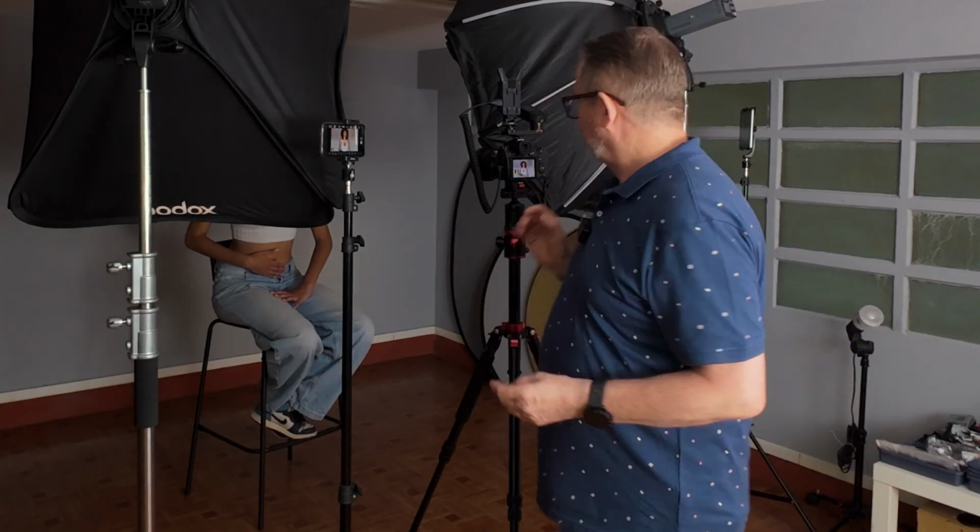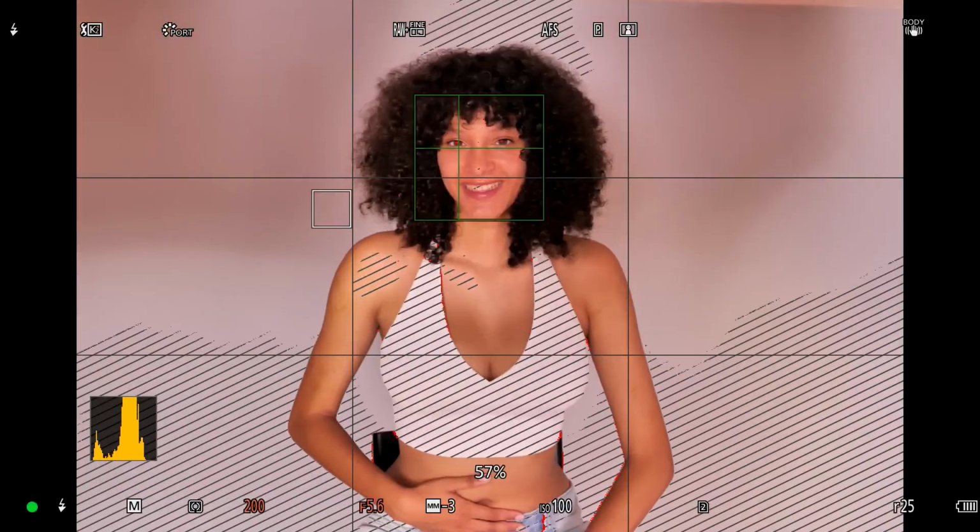They have equal amounts of light coming out of them, and let's give it a try and see how that looks. Are we ready? After 3, 1, 2, 3, and